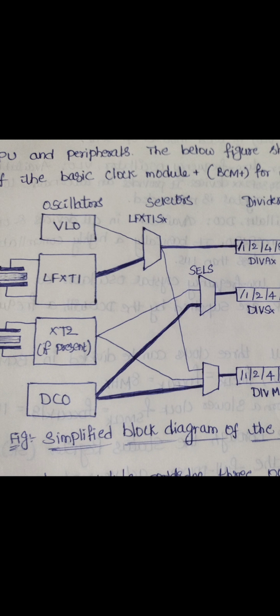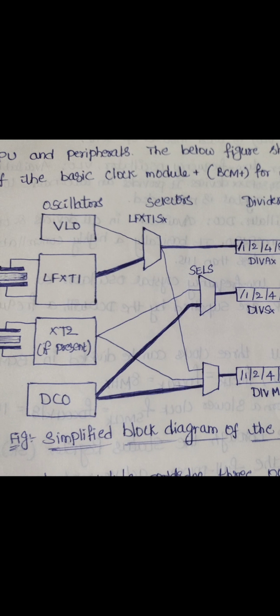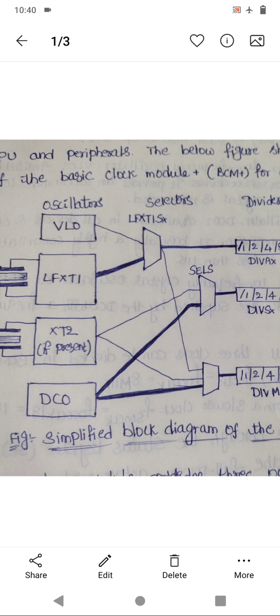Okay, this is about the system clocks. The next topic we have is the low power aspects of the MSP430. What do the low power aspects mean? Normally, the first thing we can discuss is the low power aspects of the MSP430. The MSP430 was designed for low power consumption. We already know that one of the advantages of this microcontroller is that it is designed for low power consumption.